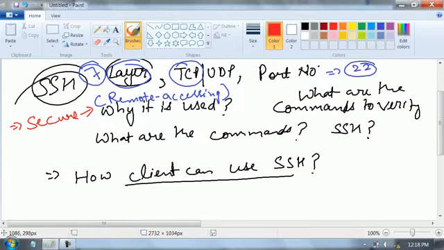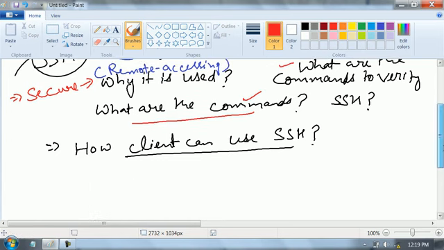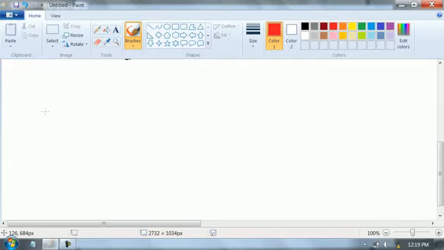Now, what are the commands to enable SSH? We will see them when we do the practical. Now I am starting with the process, how SSH works. Fine. Now guys, what I am saying,